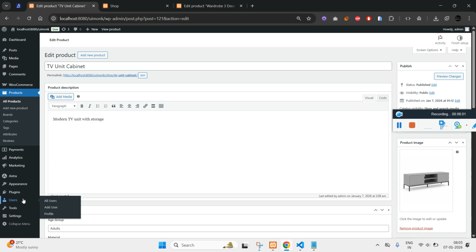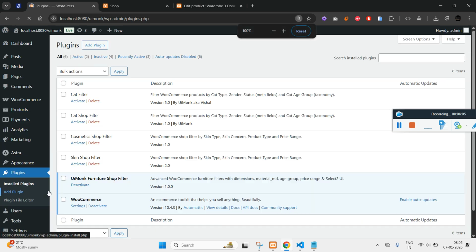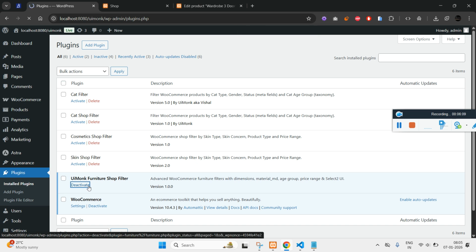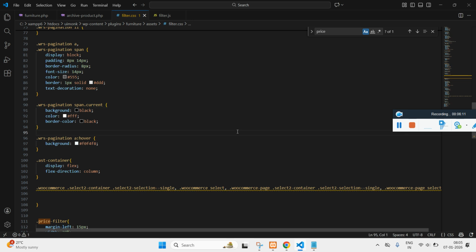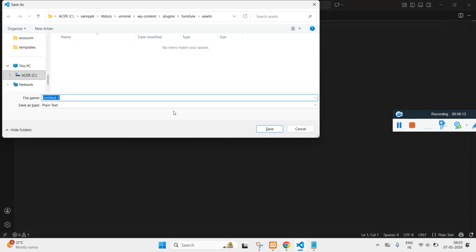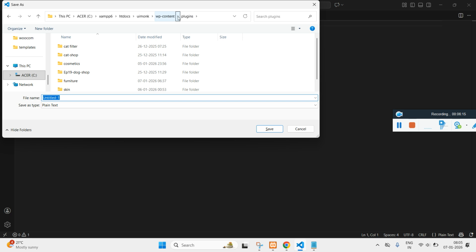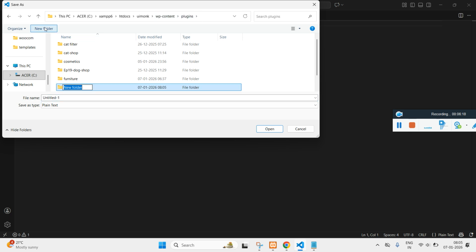Let's get into the plugins folder. Let me just zoom in, Control 0. And now let me deactivate my current plugin so that we can start from scratch. Now what we need is to create a new file, and that file should be inside your plugins folder. And let's just name it,